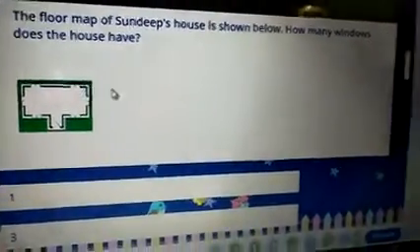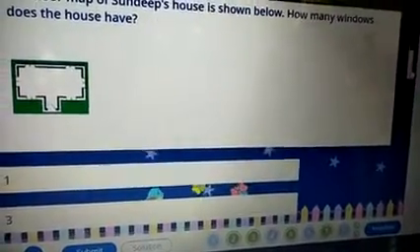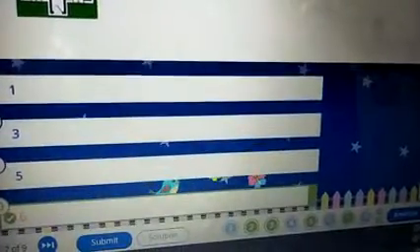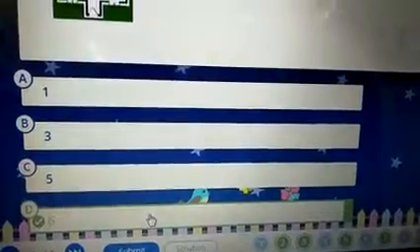So how many windows are there? 6 windows. So where is the option 6? You search. Yes, it may be 6. Option D is our answer. So our answer is correct.